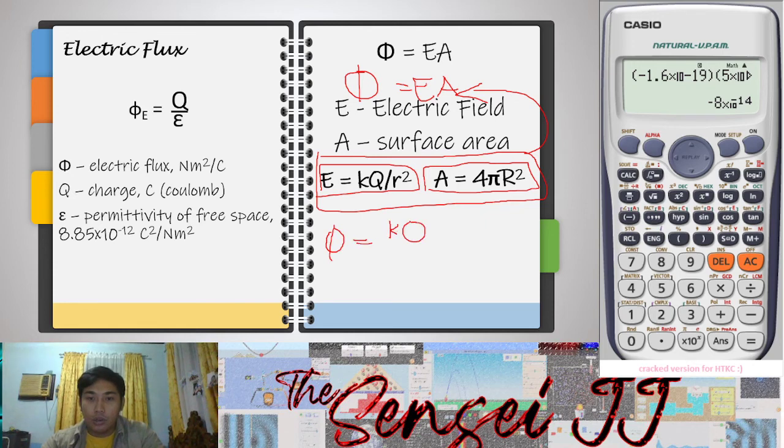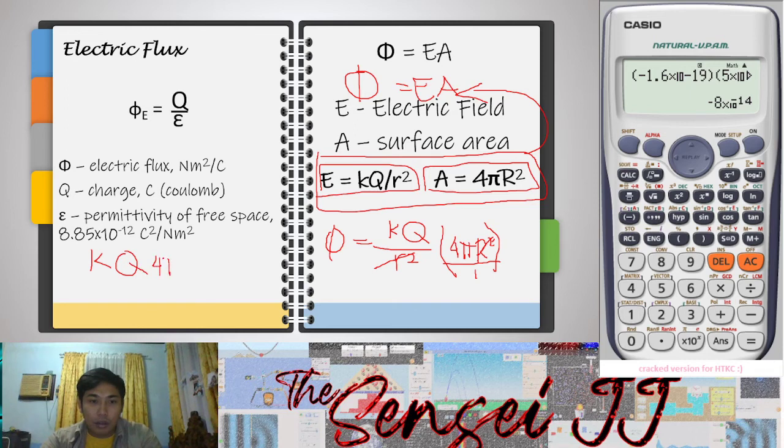K, Q, all over r squared multiplied to 4 pi r squared. So since ito ay ating numerator, kasi meron pa tayo ditong denominator na 1, we can cancel out our r squared. Okay, so we can cancel out our r squared. So what will remain is kq